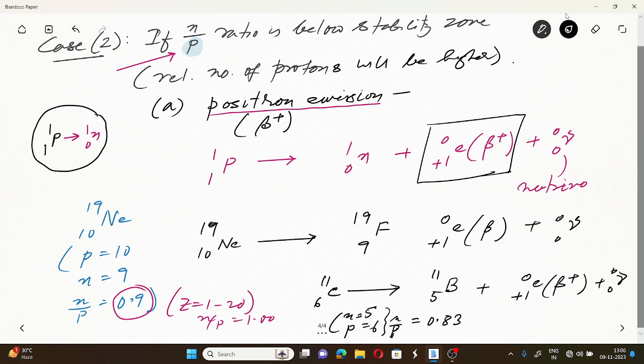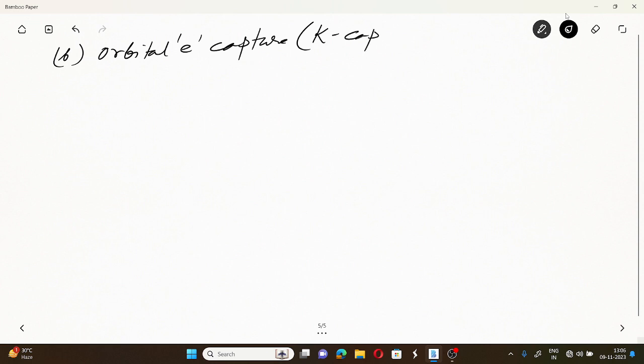But there can be some other effect also. If N by P ratio is below the stability zone, then in addition to positron emission তো হতেই পারে, there can be other effects. That is, what we say is orbital electron capture। অনেক সময় আমরা বলি ইলেকট্রন ক্যাপচার বা কে ক্যাপচার।